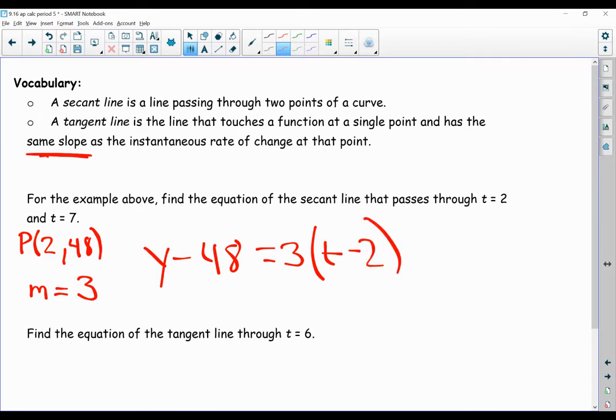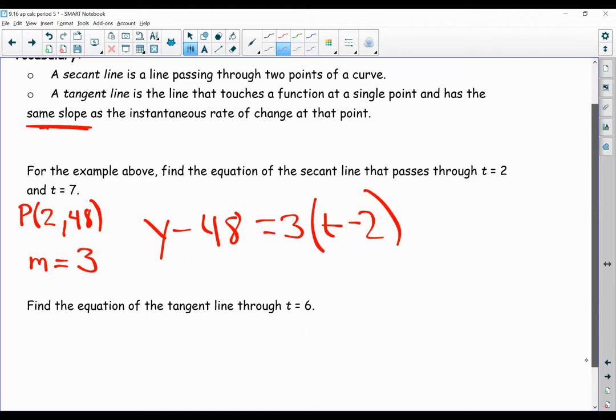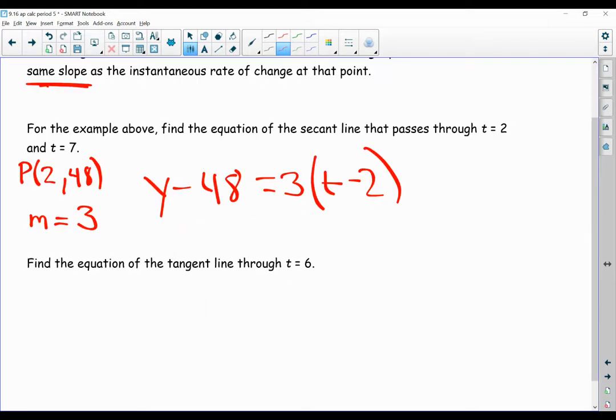And I'm going to use t instead of x only because they use t in the problem as well. Okay. Find the equation of the tangent line through t equals 6. Now, in order to write the equation of a line, you need a point and a slope. The slope we got from our approximation. So my slope for my tangent at 6 is negative 6. The point would be 6 comma whatever happens when I plug in 6, which I'm pretty sure is